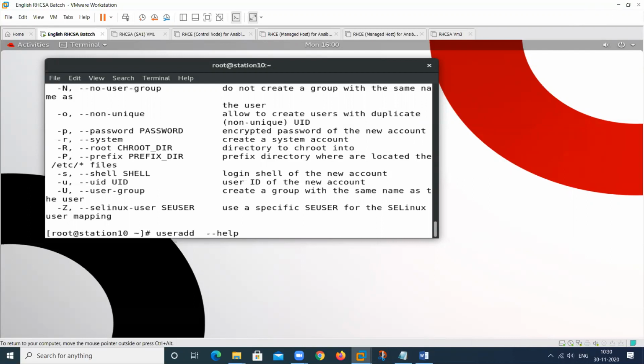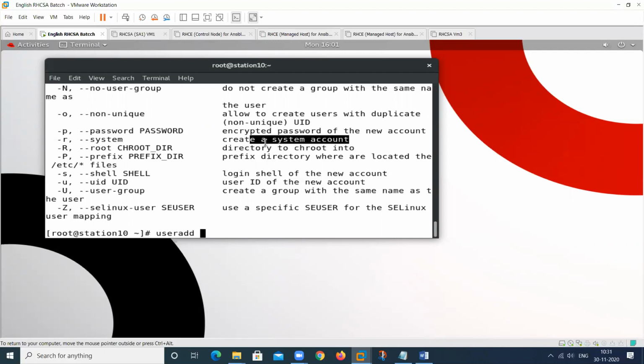So see here, I have one more option. So this is to create a system account. I will show you how to create the system account. If you want to create a system account for any service purpose, suppose it can be your Samba service, it can be your FTP service, it can be your NFS service.